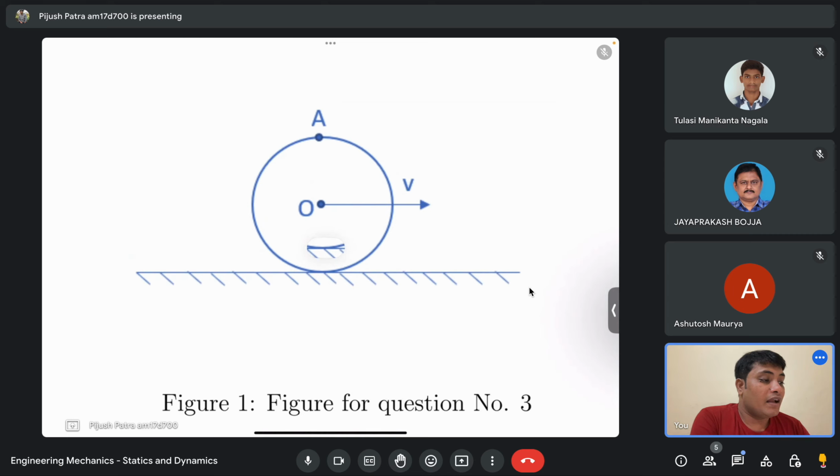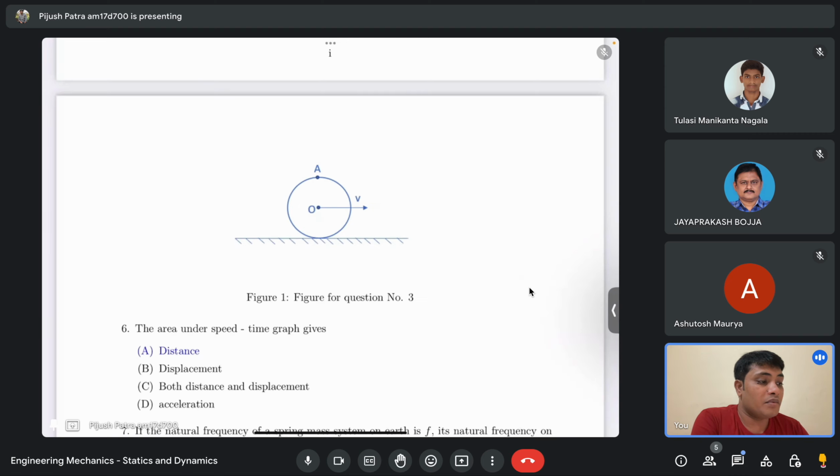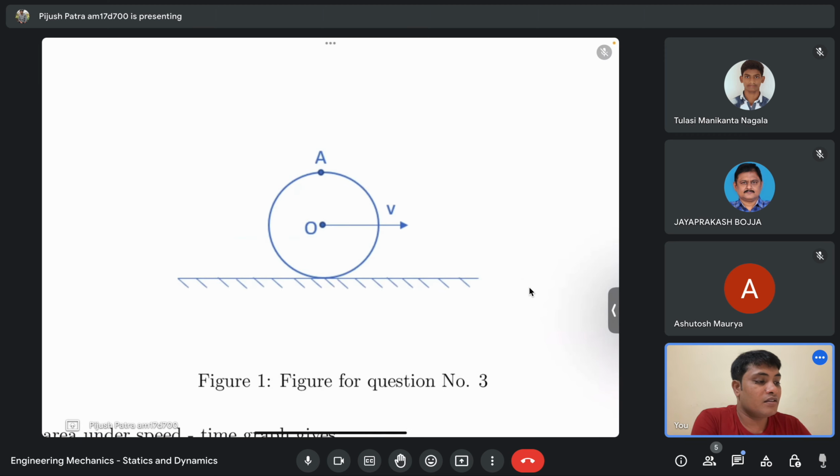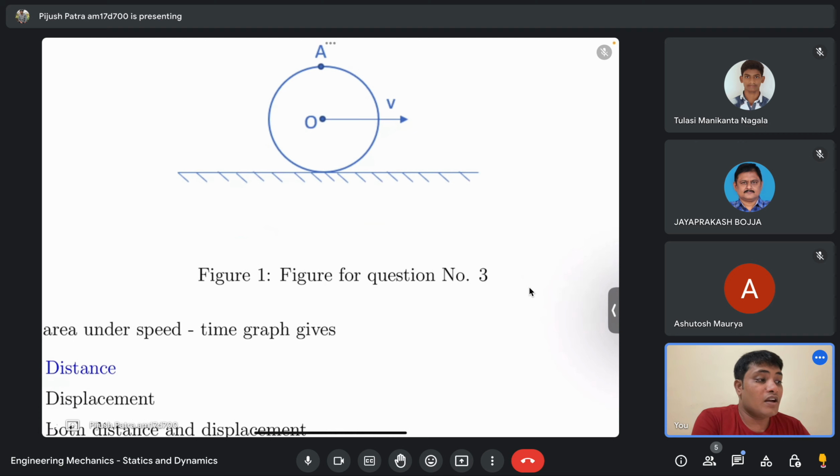then the cylinder has a radius r, let's say, and the distance from its surface to the center is r, and the linear velocity is v. So what is the angular velocity? Omega is equal to v by r. Am I right? Yes, sir. Yeah, that means the angular velocity of the cylinder